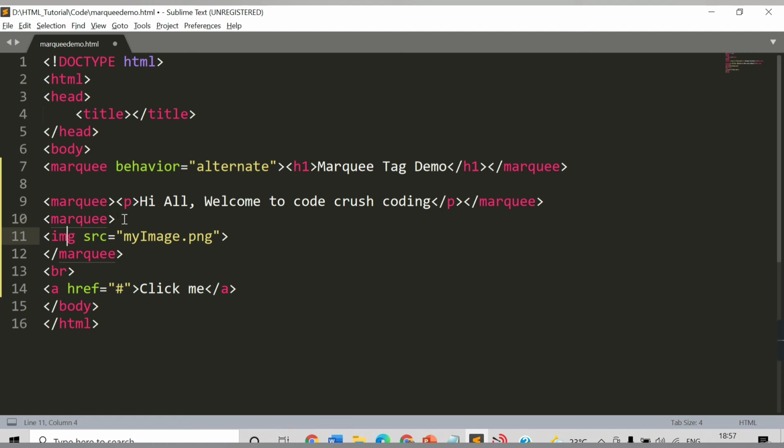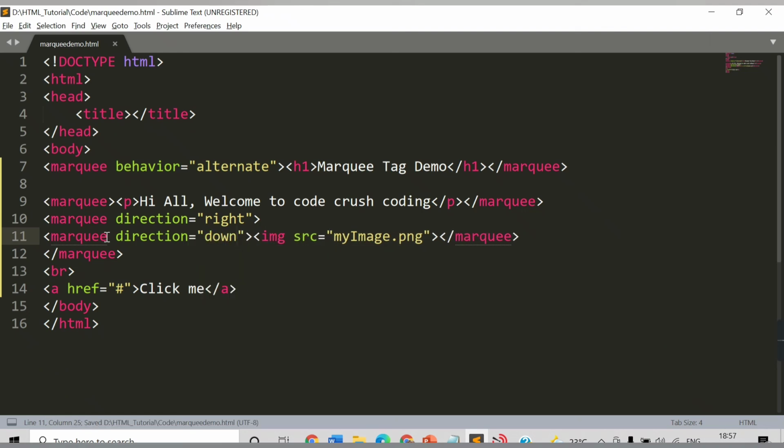So we can make use of nested marquee also. Let me introduce the marquee tag again and close it here, and here I will say direction as right, and for this marquee I will say direction as down.